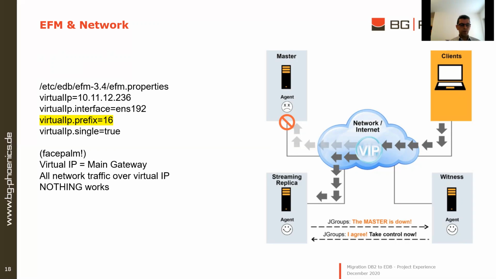So far, it's no problem in our setup, but you have to know and to monitor your interfaces. Probably there's something new in version 12, but up to version 10, it is what it is. You can find the documentation and parameters for virtual IP, which I have listed on the slide, but it is not working. The complete traffic is going via the standard interface for application and for the streaming.